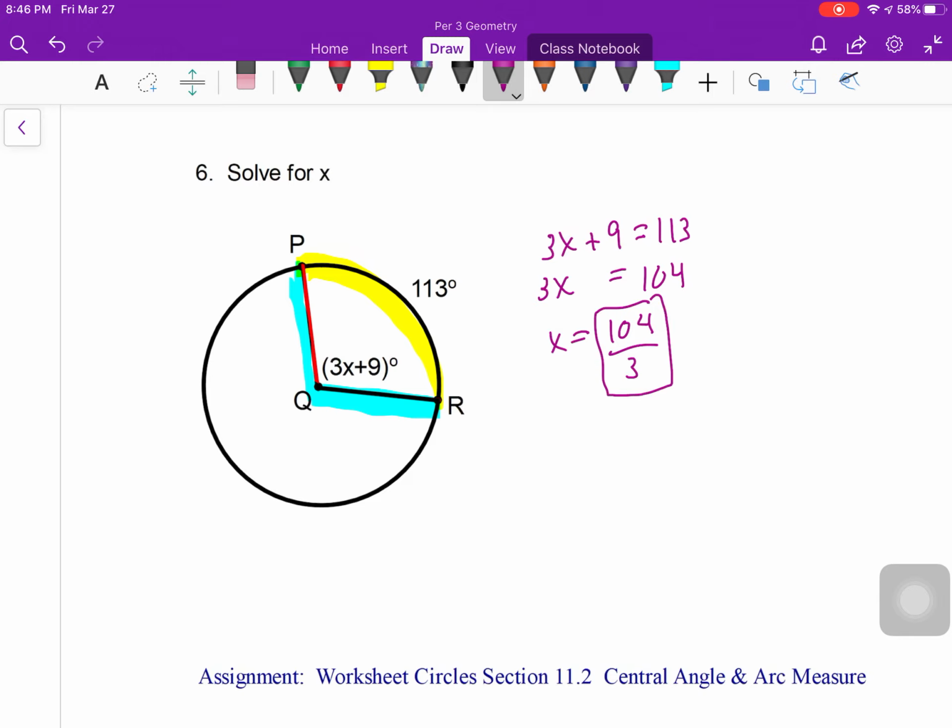Now I hope that made sense. Remember that the measure of an arc is equal to the measure of its central angle. That's what we learned new here. We can use the arc addition postulate to add consecutive arcs together to get an entire arc. And don't forget, minor arcs are less than 180. Exactly 180 is a semicircle, and more than 180 is called a